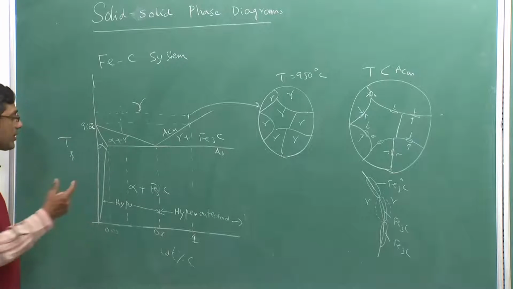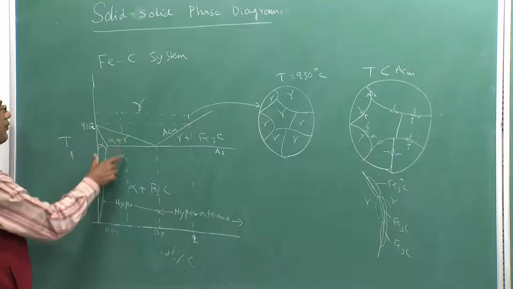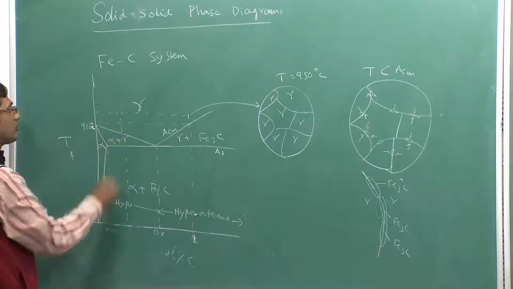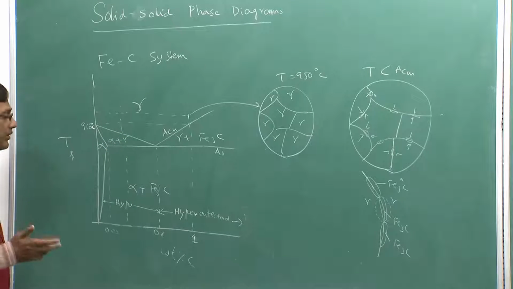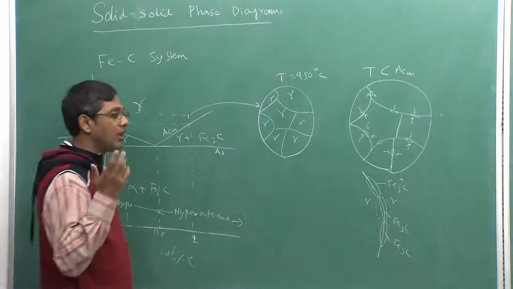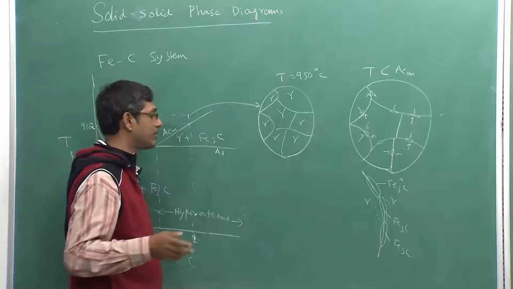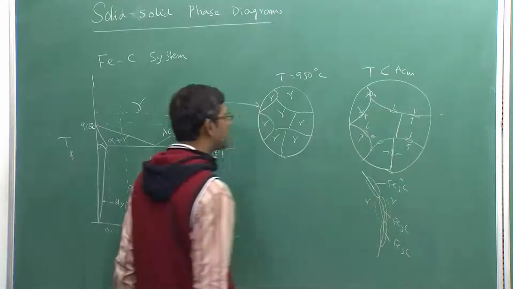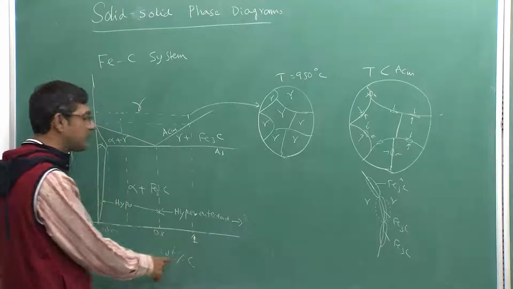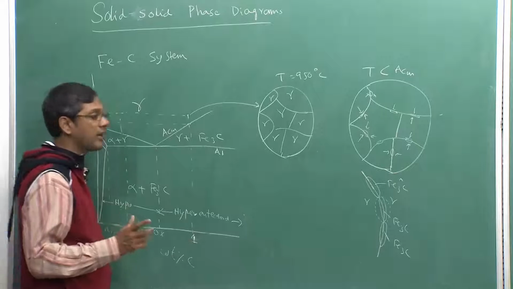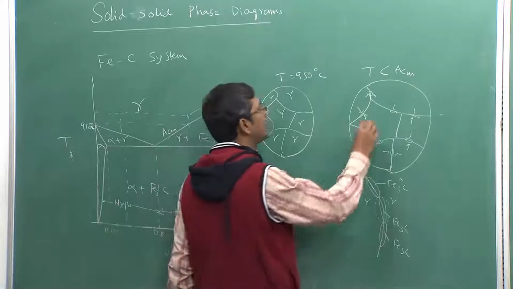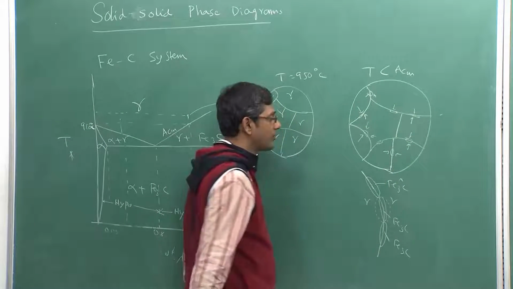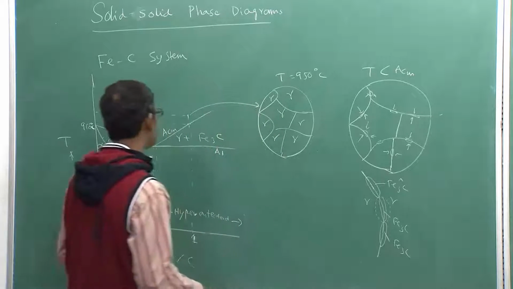On the other hand, I have also done the calculation for the primary alpha, which will form if you cool down from this temperature to the A1 temperature. That will be very large, it can be 25% or even 30% or 50%, not 4%. Because the total volume fraction of primary cementite forming in a 1% carbon alloy is only 4%, it will only lie on the grain boundaries. So, that is what will happen below the ACM temperature.